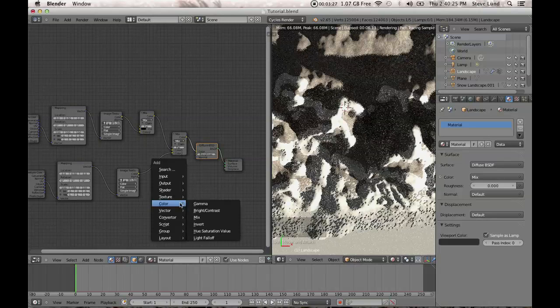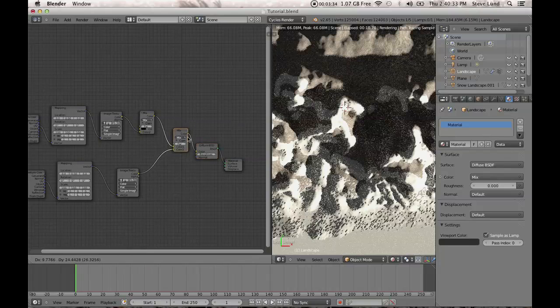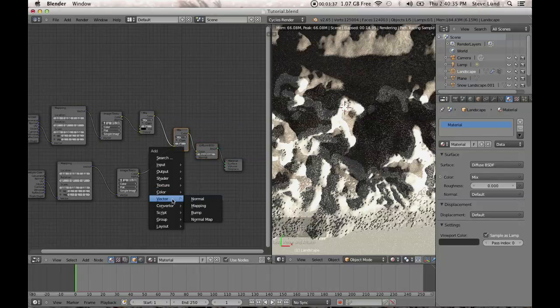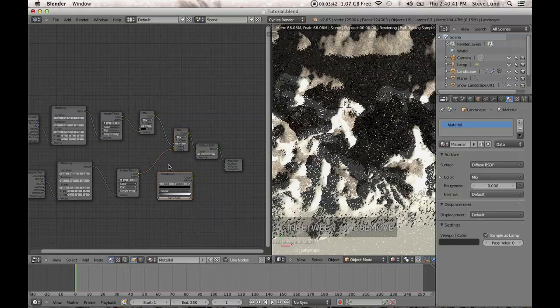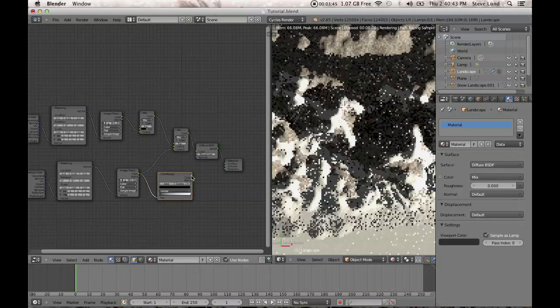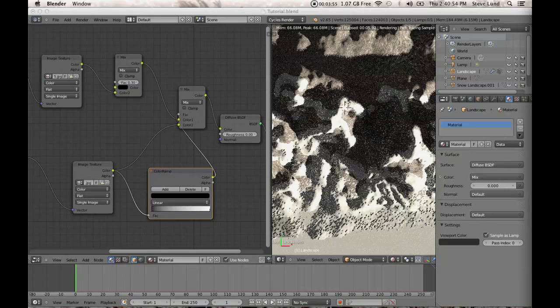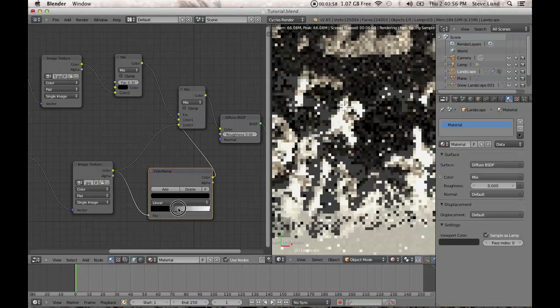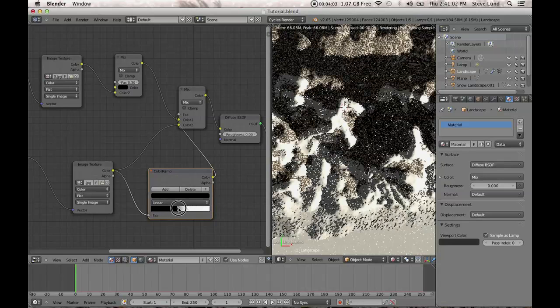now we have to add a color ramp, because right now it's not being mixed evenly, it's just a blend of the two, but I want it to be a sharp edge between the lighter color and the darker color. So we're going to add a color ramp in there and hook that up as the factor to the mix. Okay, so once you've done that, you can just adjust the color ramp here to be something like that,